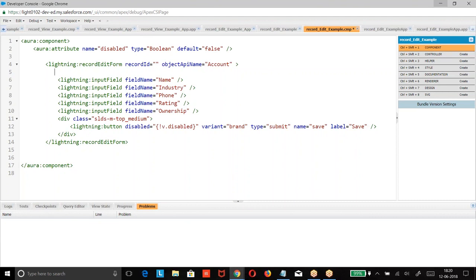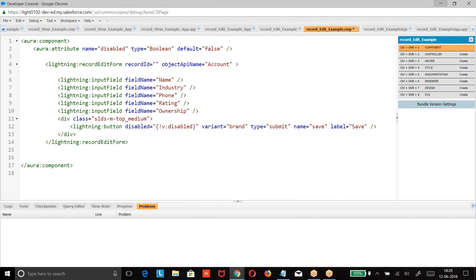What is the straight-away example of this? Record edit form and record view form. Record view form displays the detail page of a record, and record edit form displays the edit page of the record. If you want to create a detail page of a record, you go for record view form.